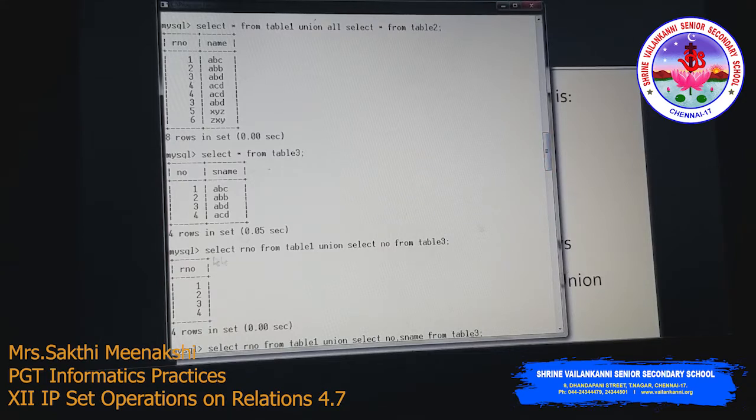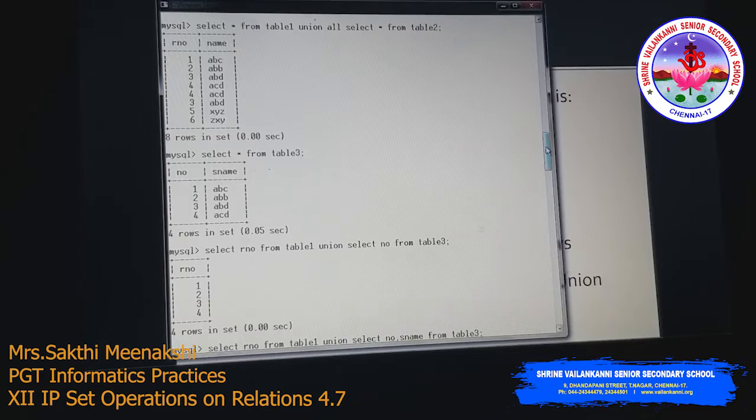Here you can use select RNO from table 1, union select NO from table 3. From the first select clause it takes the column name RNO, under which it combines the output. Table 1 has 1, 2, 3, 4 and table 3 also has 1, 2, 3, 4, so without duplicates it displays the result 1, 2, 3, 4.